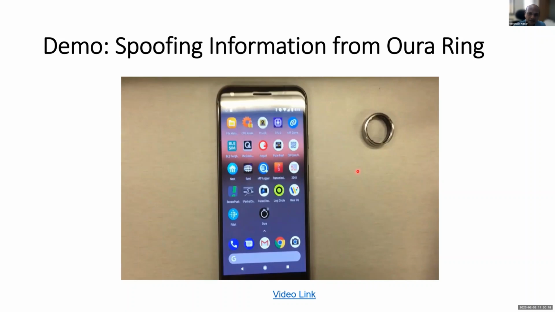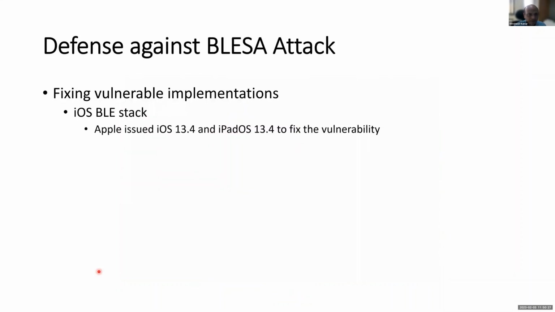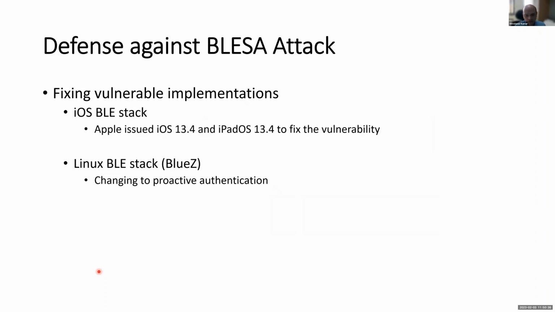But because that authentication was not implemented correctly, the attacker was successfully able to launch this attack. Of course, before publishing this work, we talked to Google, Apple, and Intel about fixing the vulnerabilities, and they fixed them, and then we published this